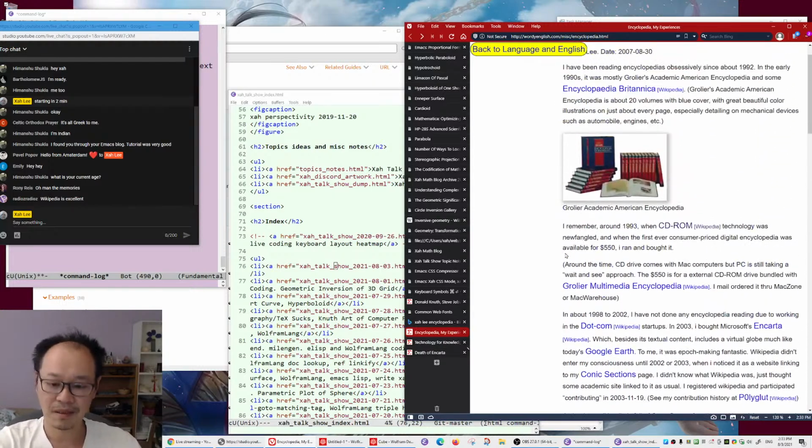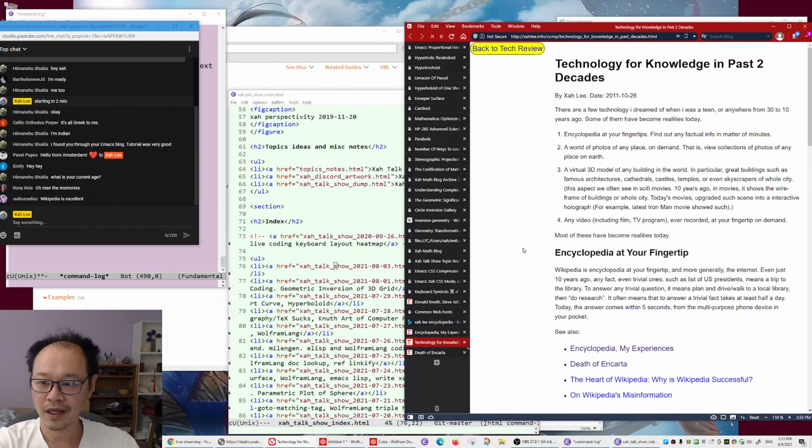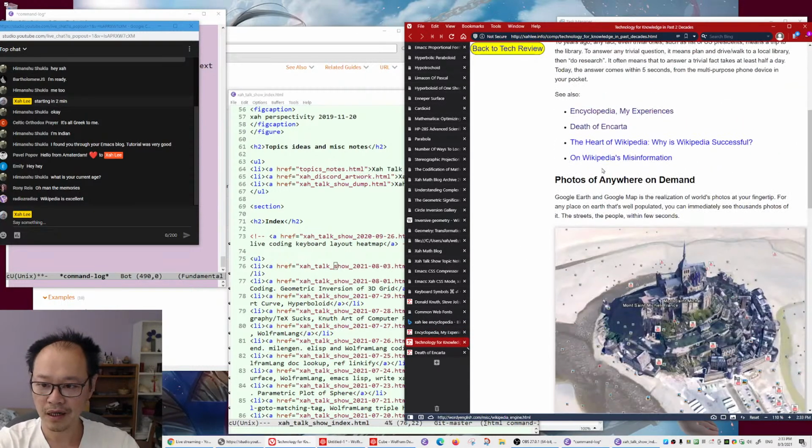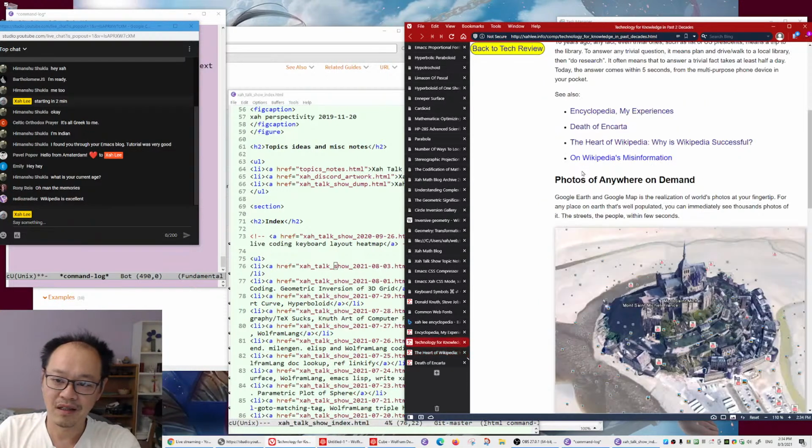So anyway, here are my few articles about encyclopedias, and here's technology for knowledge in the past 2 decades. Okay, so my articles. One of them is the heart of Wikipedia. Why is Wikipedia successful? If you are young, you may not know. When Wikipedia began, there were many nerds actively against Wikipedia,